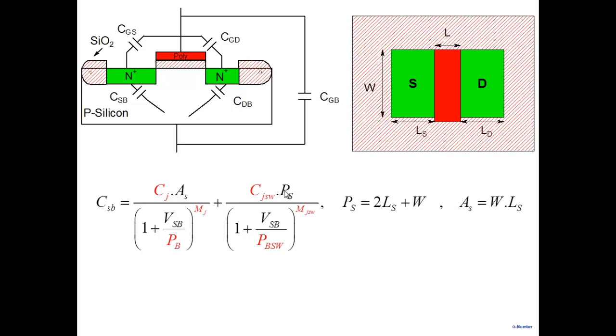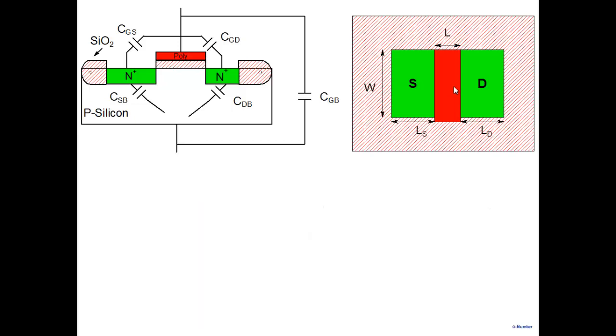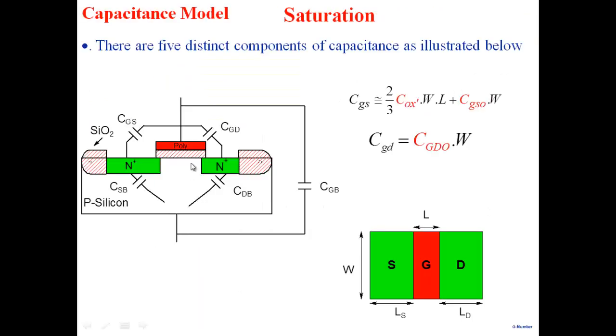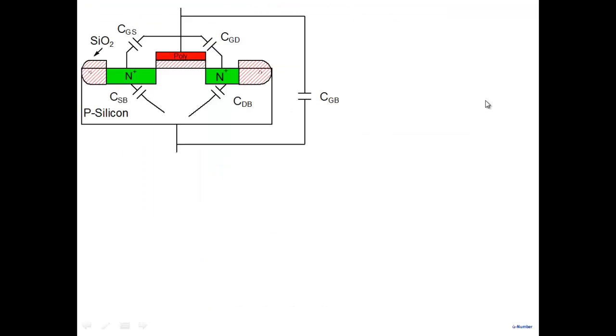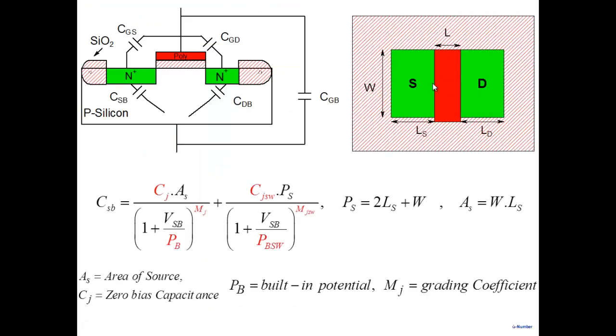And then there is a perimeter component. Now, if you note, I'm only looking at LS, W and LS here. There is no other W here, because this sidewall has already been included where? In the overlap between gate and source, in the CGS and CGD. Remember, this part was already included. I said there's an overlap here, so this is this particular term, depending on W. That is not a PN junction capacitance. The overlap is like a parallel plate capacitor,